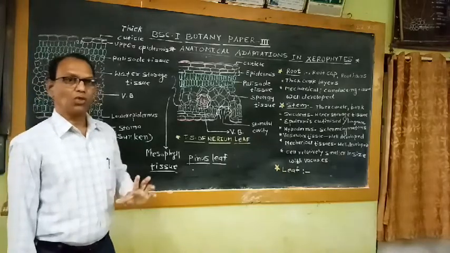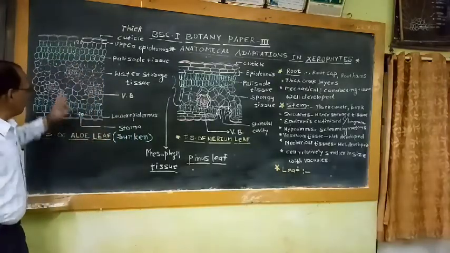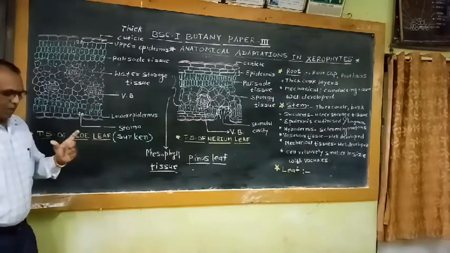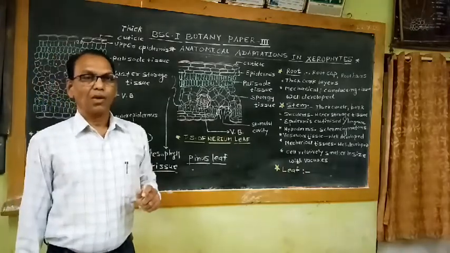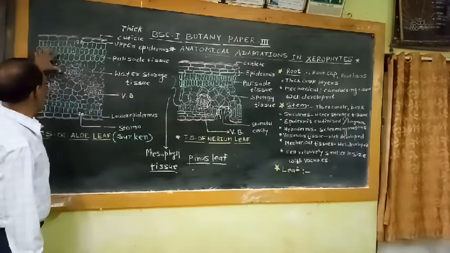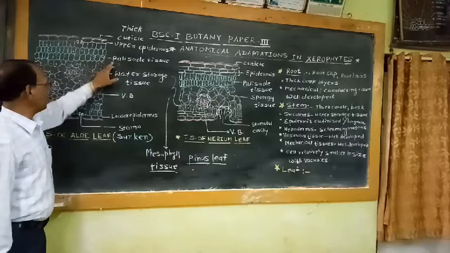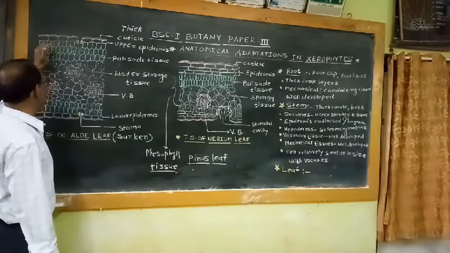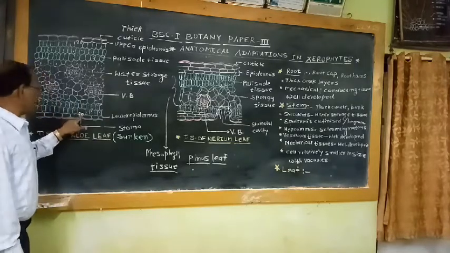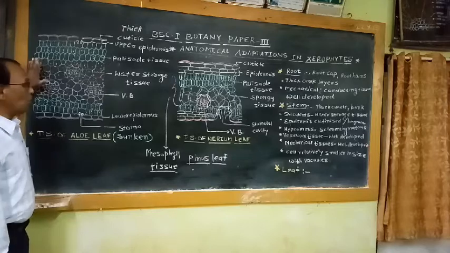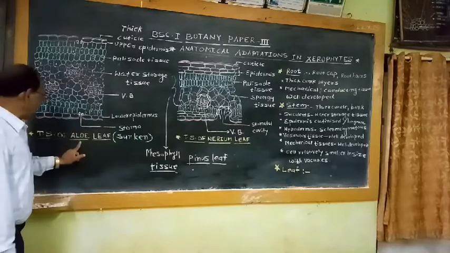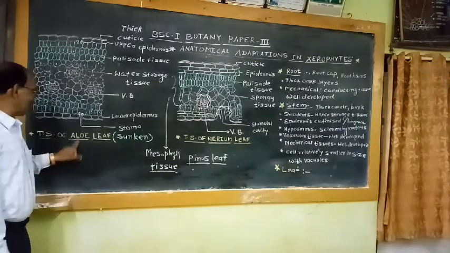Water and mucilage storage tissues are observed in this yellow leaf. That means this is the adaptation required by this plant. The leaf becomes thick and fleshy due to the presence of more water and mucilage storage tissue in between these two photosynthetic palisade zones, which lie just below the upper epidermis and just above the lower epidermis. That means the presence of thick cuticle, sunken stomata, and more water storage tissue and mucilage storage tissue are the adaptations seen in succulent xerophytic plants like aloe.